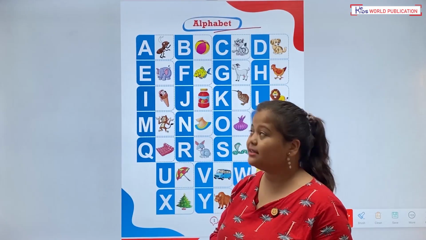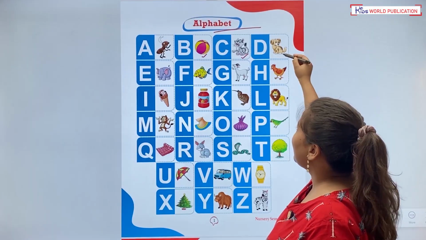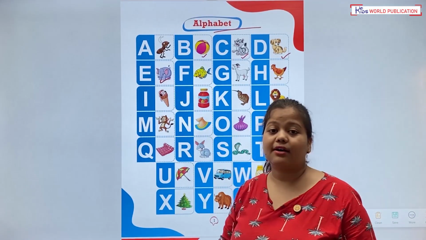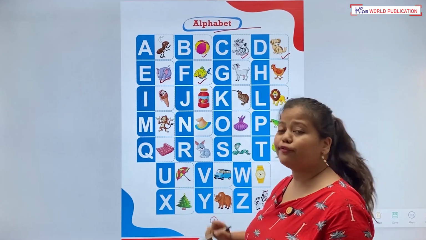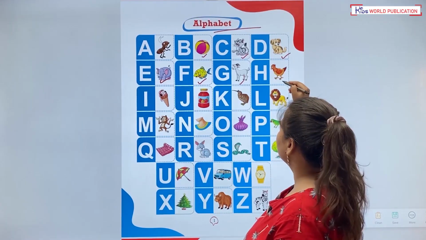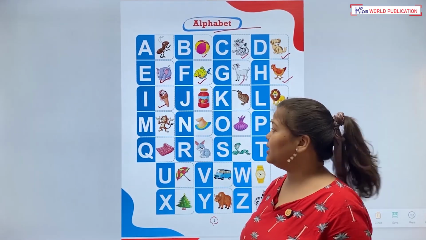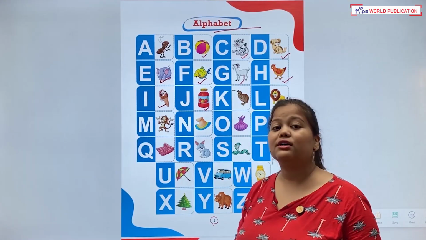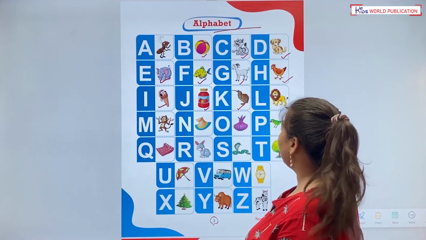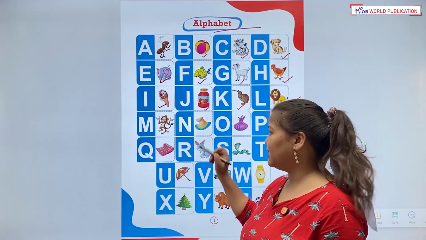A for ant, B for ball, C for cat, D for dog, E for elephant, F for fish, G for goat, H for hen, I for ice cream, J for jam, K for kiwi, L for lion, M for monkey,